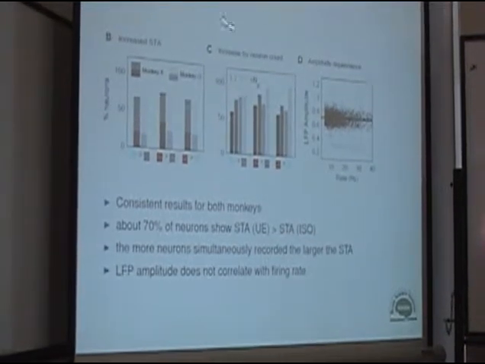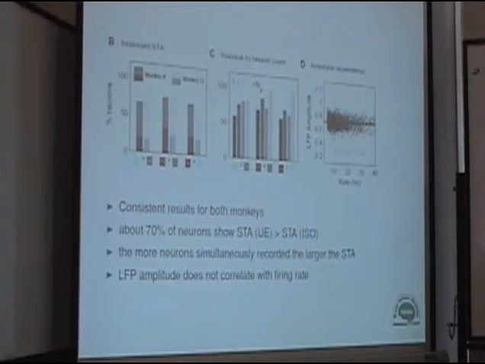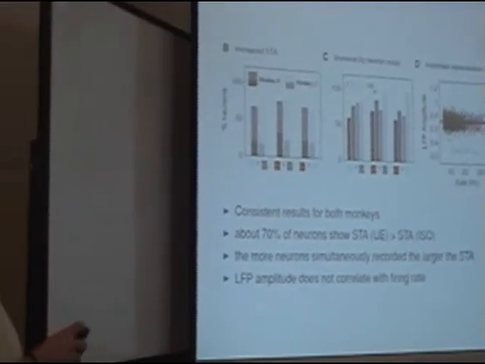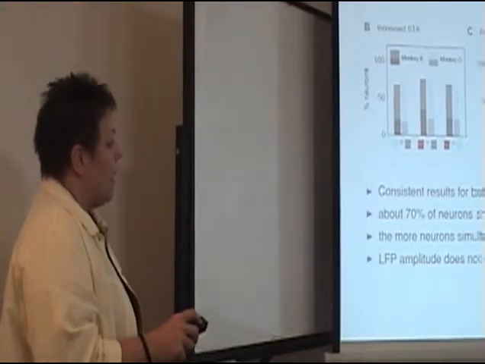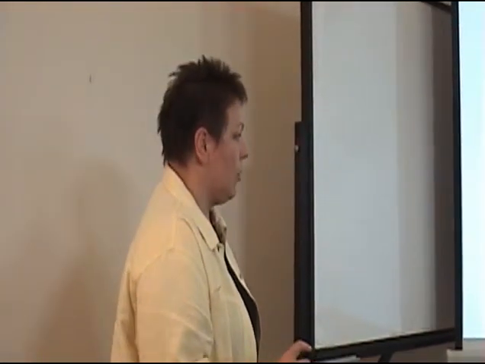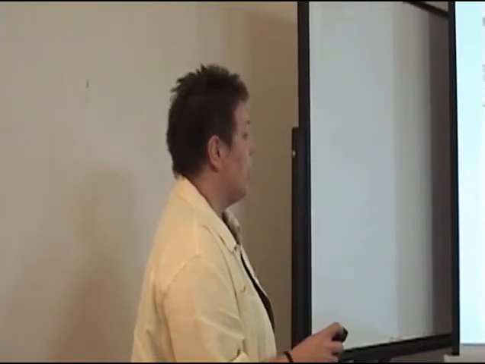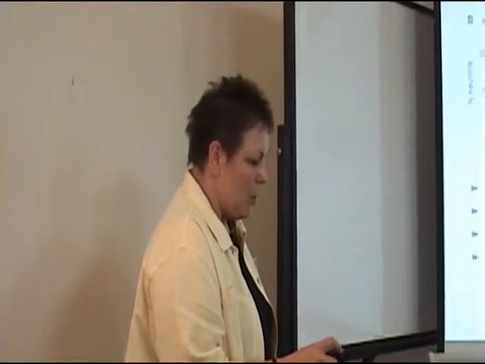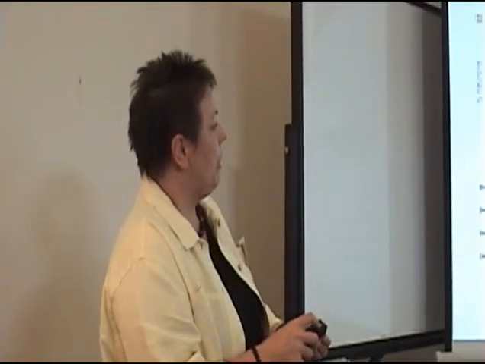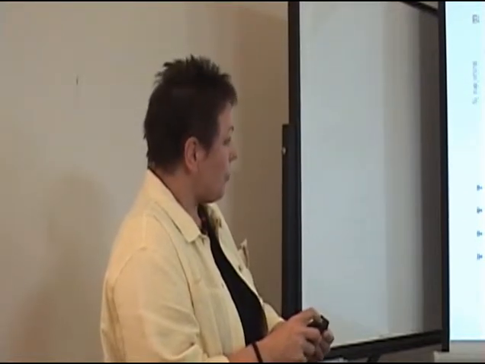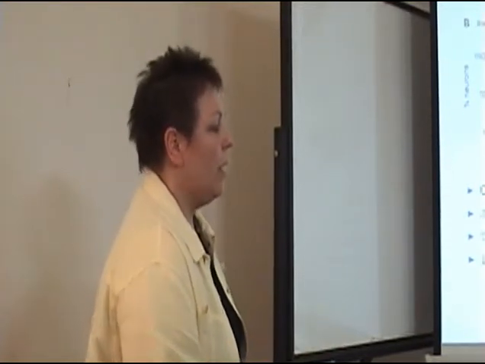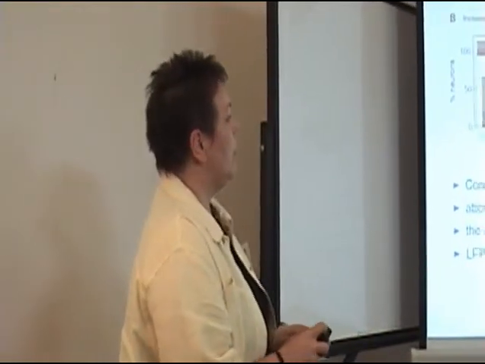These increased spike-triggered average amplitudes, here is some statistics on that. What we find is very consistent for both monkeys we evaluated, and these are these two bars. Typically about 70% of the neurons show a larger spike-triggered average amplitude for the unitary events as compared to the isolated spikes. An interesting phenomenon is that the more neurons simultaneously recorded, the larger is the spike-triggered average we find, which you can see here in this display. For example, if we compare how many CC-triggered spike-triggered averages are larger than for isolated, it's the more neurons we recorded simultaneously,